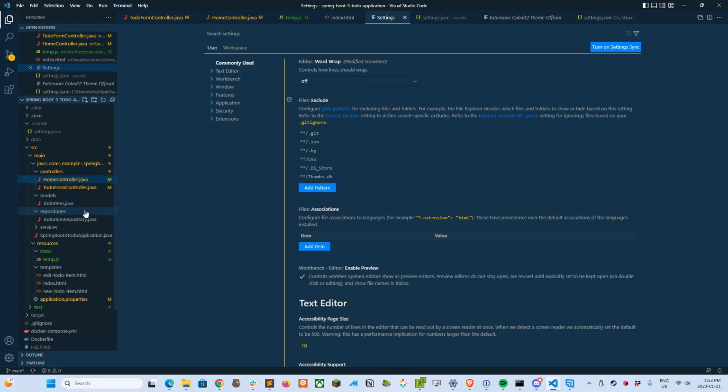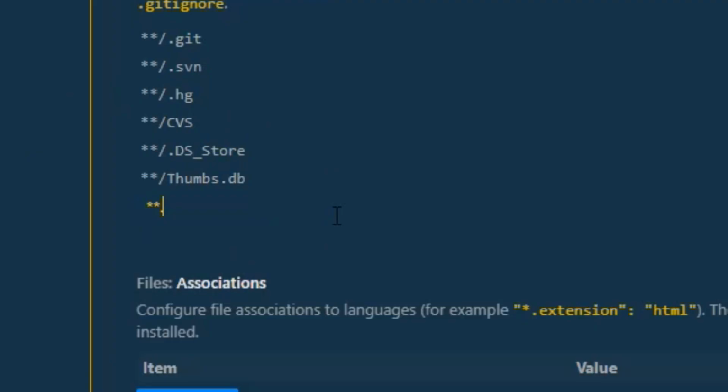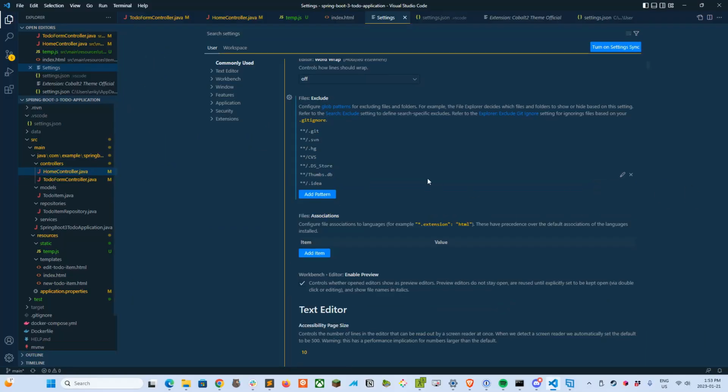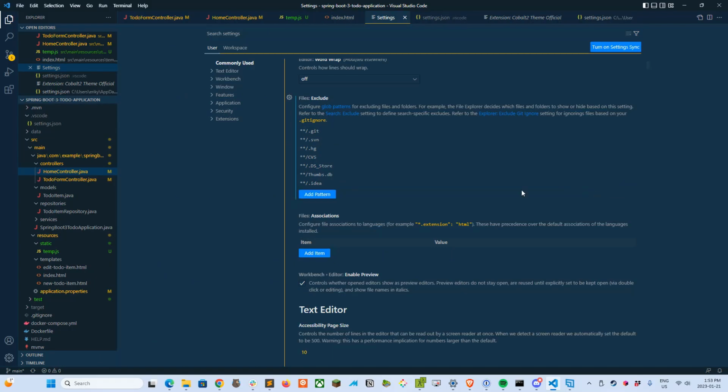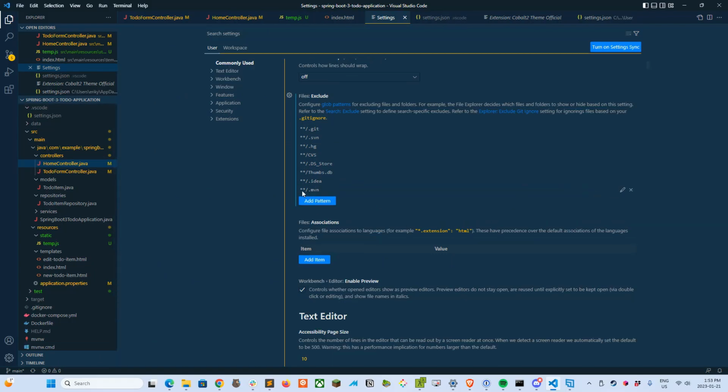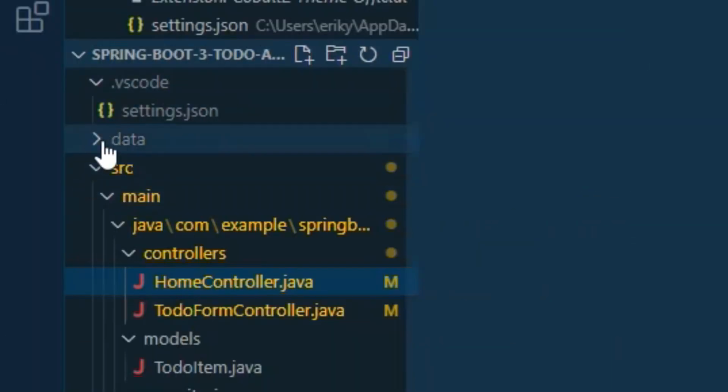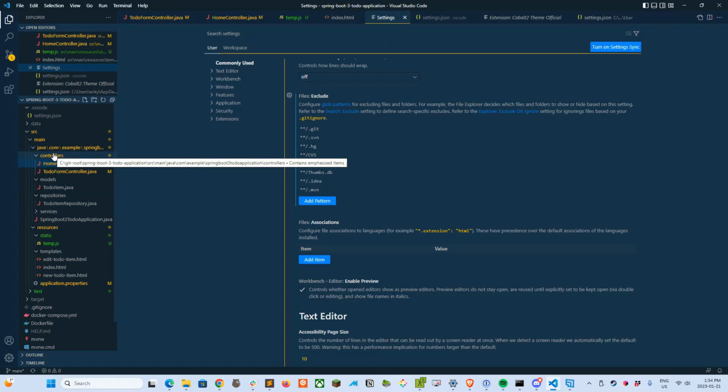So maybe, for example, you don't want to see the idea files. So */.idea. And then also the Maven folder, so */.mvn, and hit OK. And then we've got these here, which filter out those from our project view there. So it makes it easier to find other things,